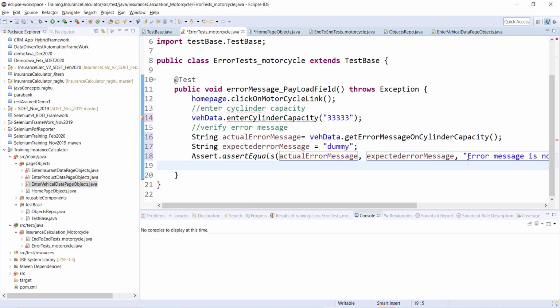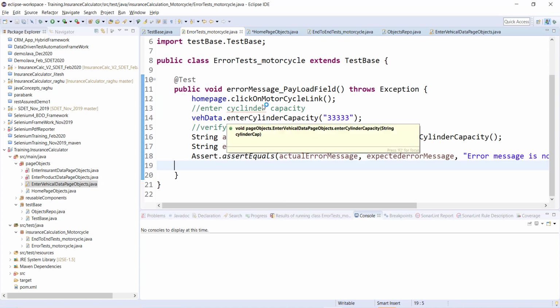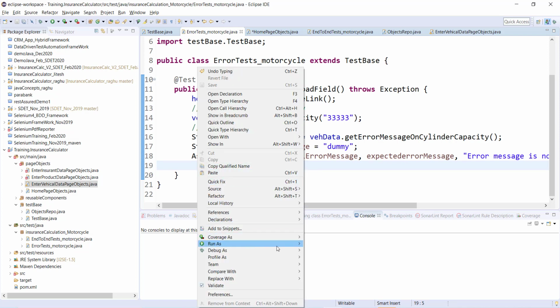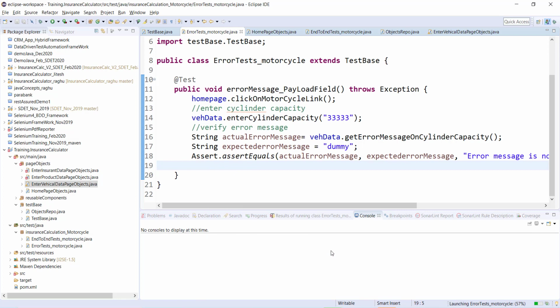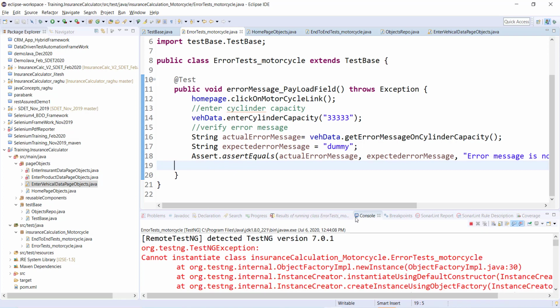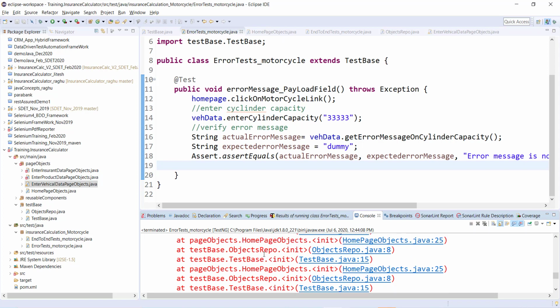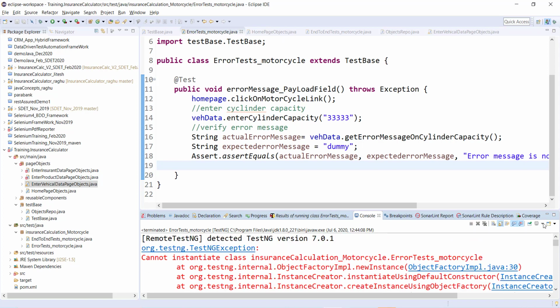Okay, and that's it, so I'm good now. Let me execute. Okay, there is some error. And what's that error? The error says cannot instantiate class InsuranceCalculation motorcycle error test.